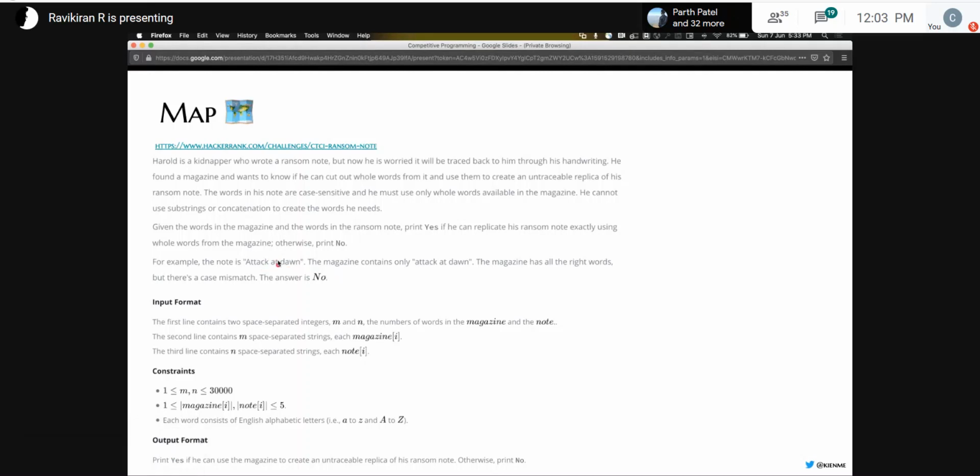If you use a set, the word "at" will just be present once. But if the note has multiple "at"s, you won't be able to know if you have that many "at"s in the set or not. So in our case, we can't just use a set and we have to use a map and keep track of how many occurrences there are of each word. Is this clear?